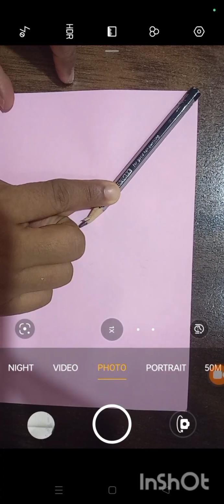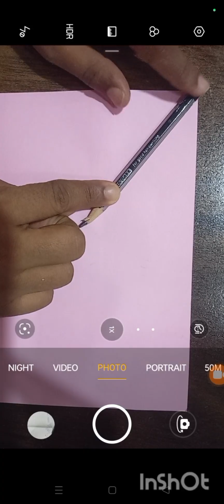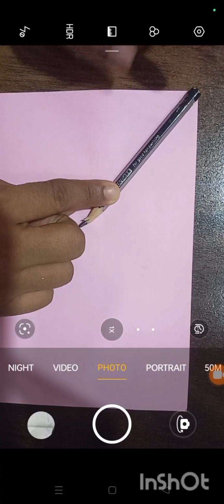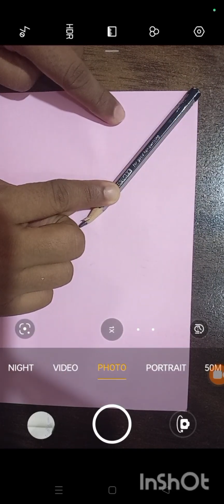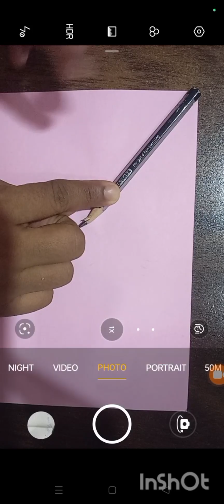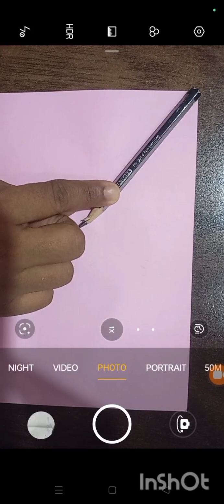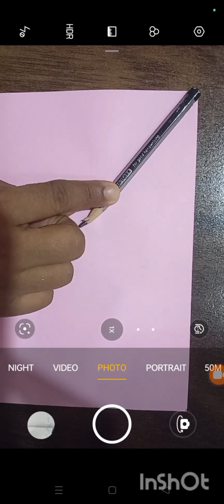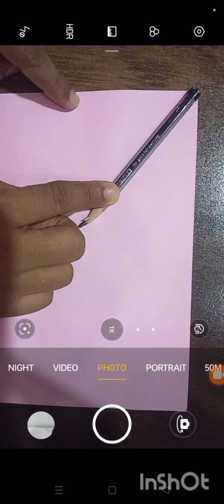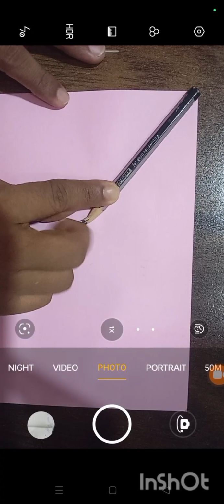You can find this in your notebook also. In your notebook there is a corner, and if you break the corner into angles, you will get two angles. So if two angles are there, that is named a pair of angles. Now what kind of pair it is, that we are going to learn today. And if out of these two, any one is known, how can we find out the other angle? That also we will learn in this video.